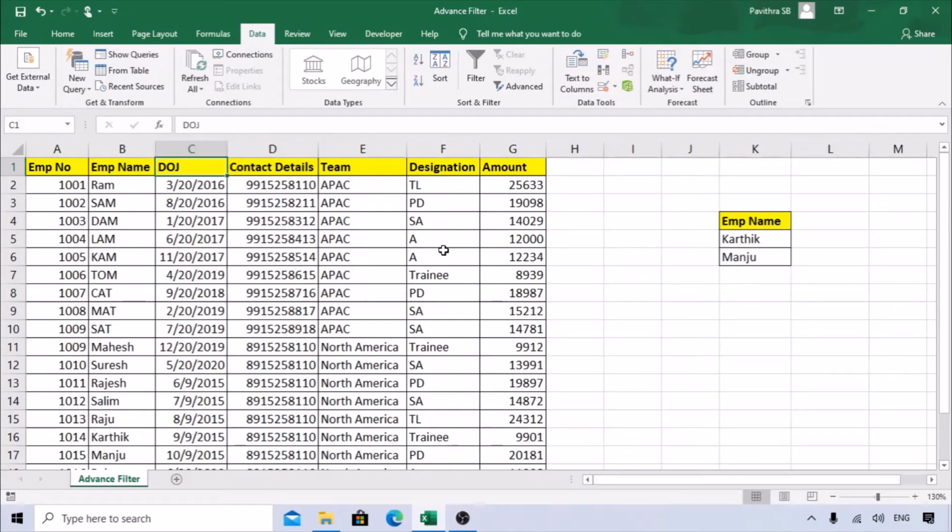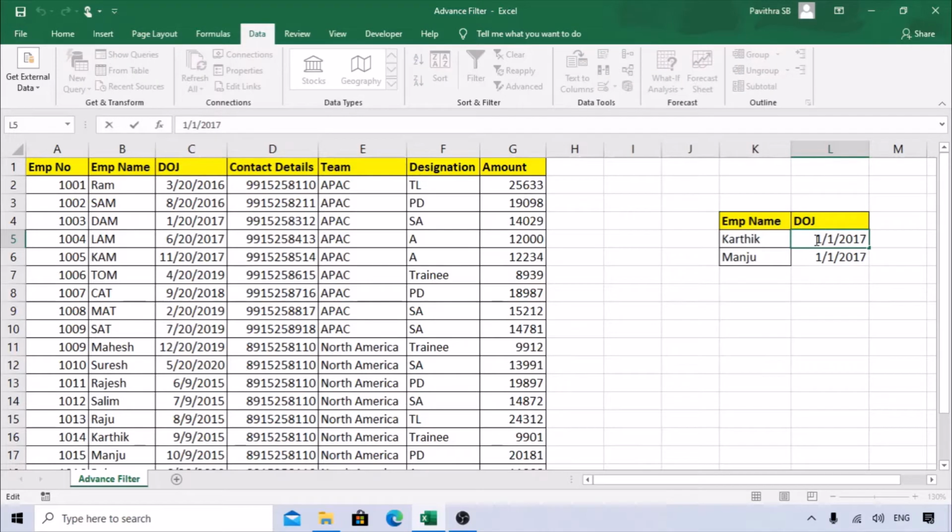Let's say I'll copy the date of joining. I need to know whether Manju or Karthik joined prior to January 1st, 2017. But here it says 17, so it will select whether these two people joined on 1st January. That is not the fact, because we need to know if they joined after January 2017. For that, you can put a greater than sign, greater than this date. So what I'm doing is, if these two people joined after 2017, it should be